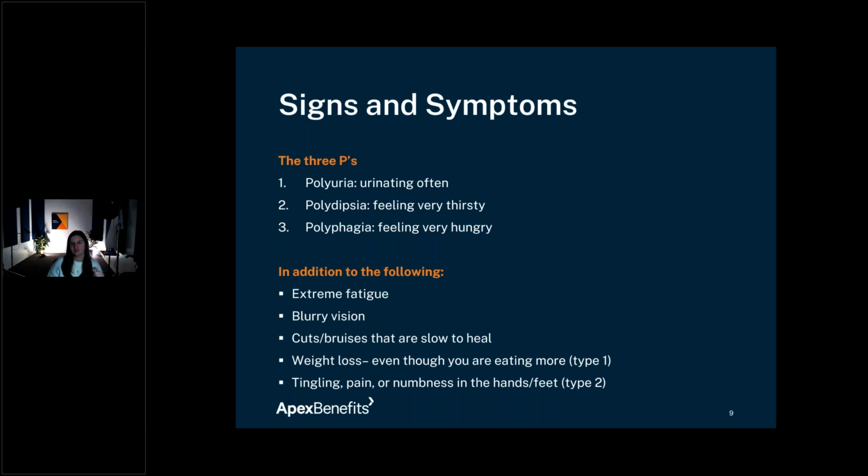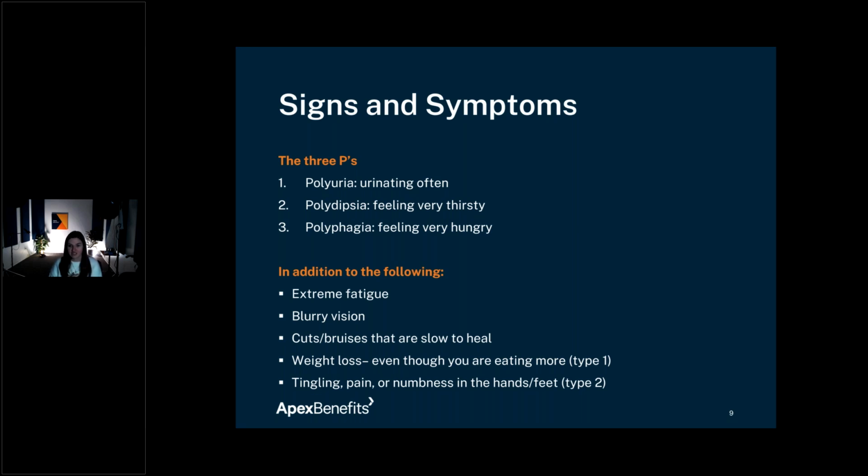The one symptom I added on here specific to type 1 diabetes is weight loss. This is something that a lot of people notice if their child starts losing weight suddenly with no other known condition. We always encourage them to go get their labs drawn for this. The reason being, if my body cannot get energy the way it should from the sugars in my body, it starts breaking down muscle and fat, and that's what it uses to create energy. As a result, rapid weight loss is actually a telltale sign of type 1 diabetes.